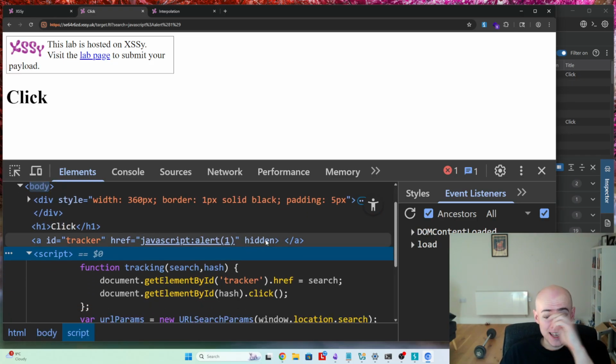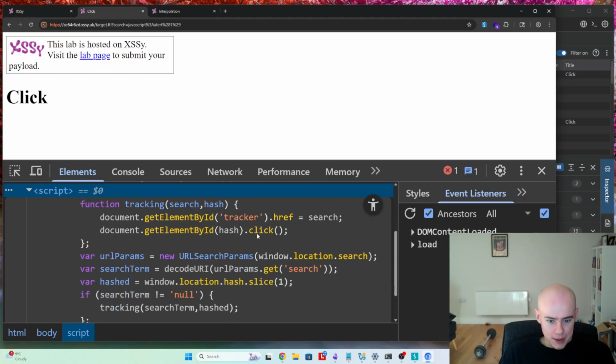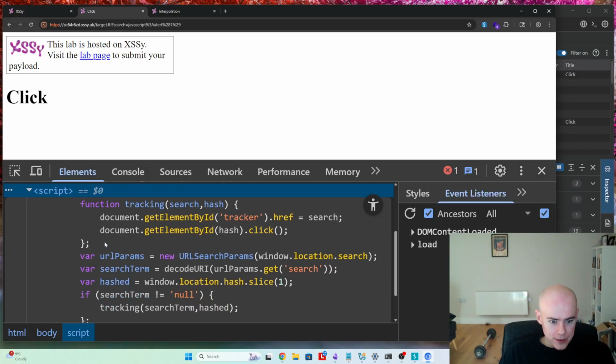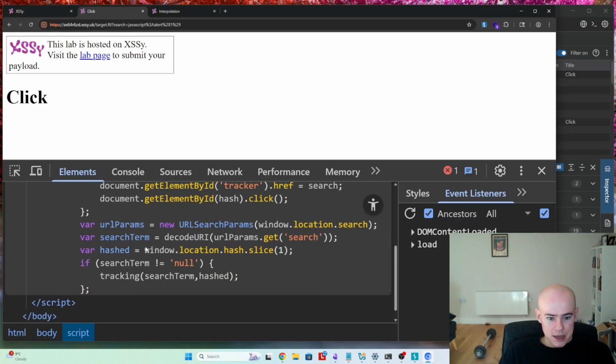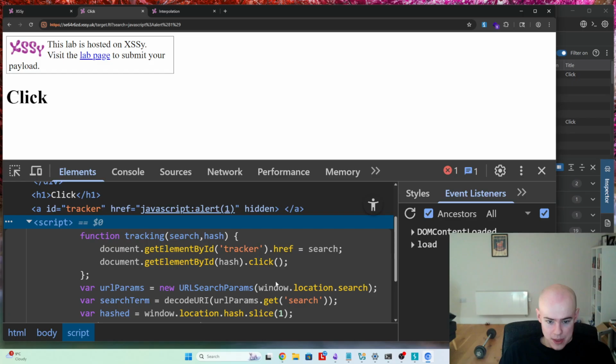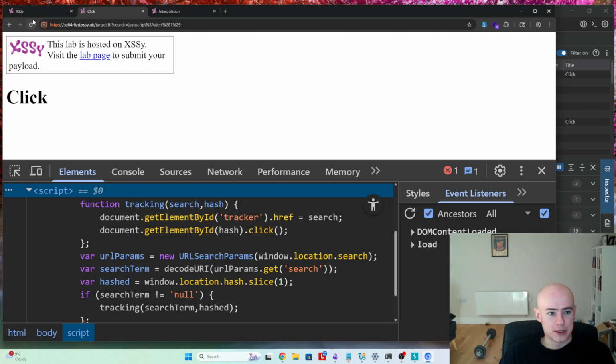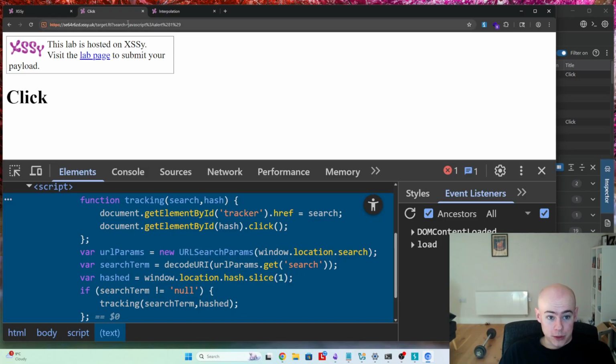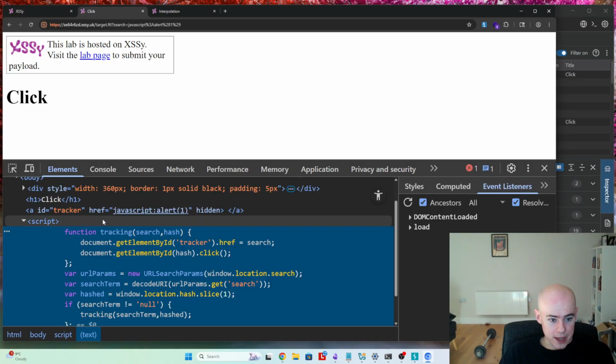Yeah, sorry, there's the hidden tag here. So ID tracker JavaScript level now. That gets it, and then you have to actually click on it using this. So if you have a look at this function, it's not the same as the href one, because what we do is we grab the href from the search term. This is then read into the href here, injected using this function tracking, but the clicker has to be passed